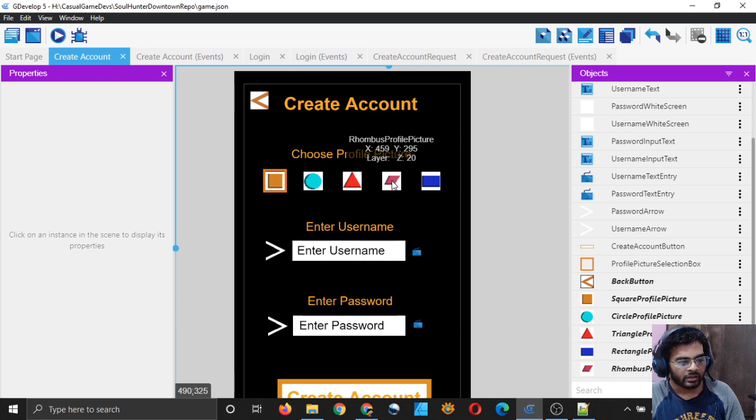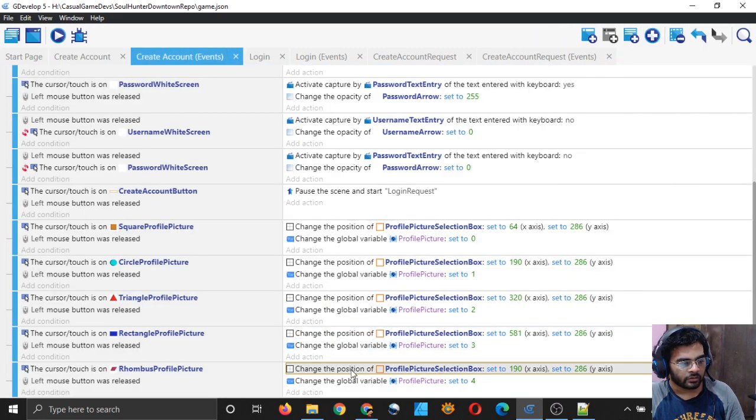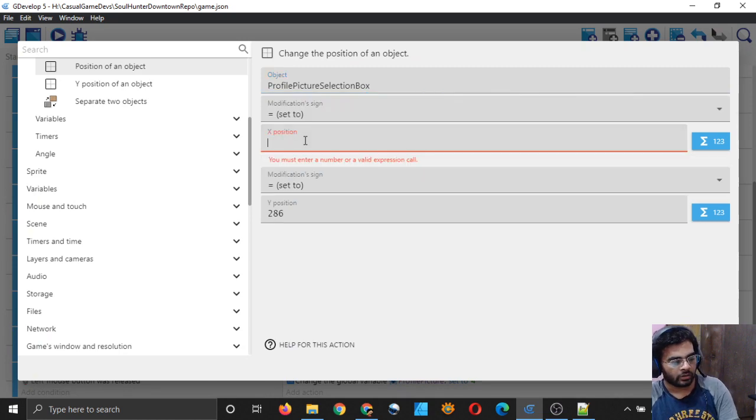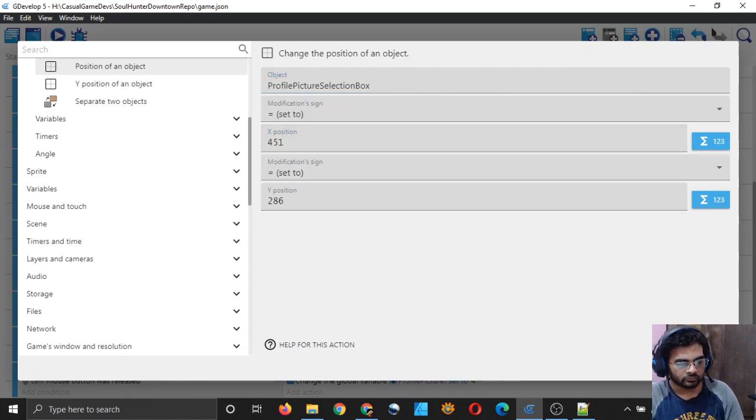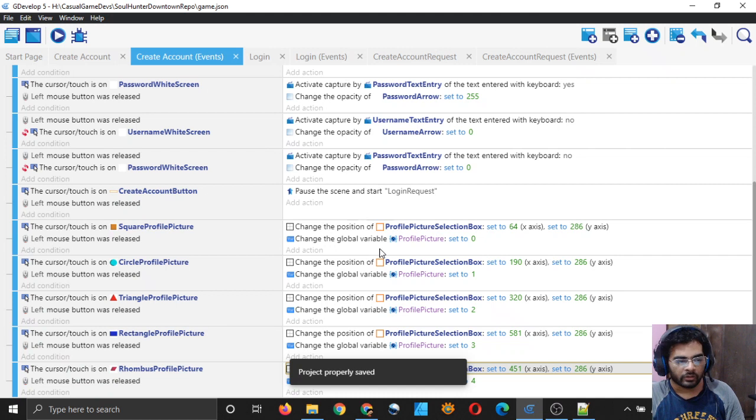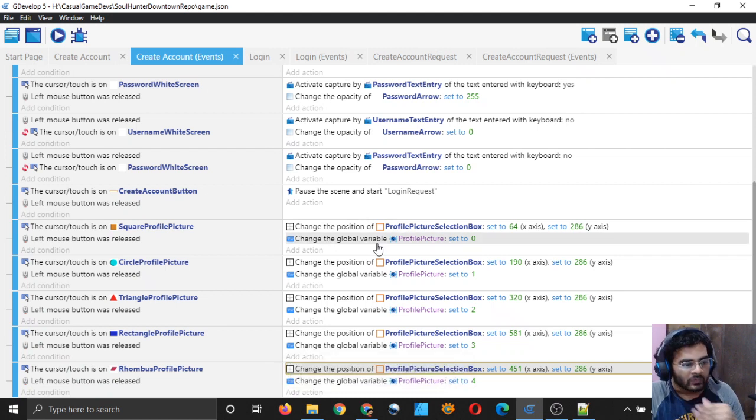So if I subtract 8 from 459, I will get 451. So let me plug 451 in the x position for the rhombus profile picture. So there you have it. It should work now.